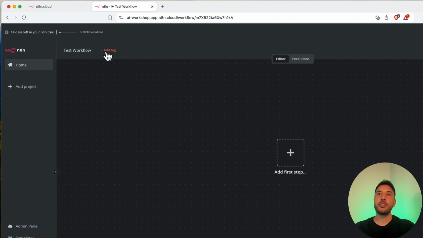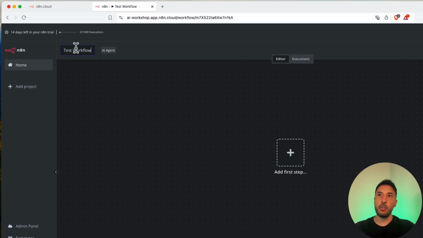The tags right here, so this is where if you have a lot of workflows that you've created, in order for you to organize them, you can actually tag this. Unfortunately, right now, n8n does not have the ability to group workflows together. So the way to do that, let's say for example, if you're building accounting workflows and you want to be able to separate that from your invoicing or from your customer support workflows, then what you could do is just add a tag to it. So for example, for this one, I'm just going to add a tag of AI agents, right? So now this workflow will always have this AI agent tag next to it.